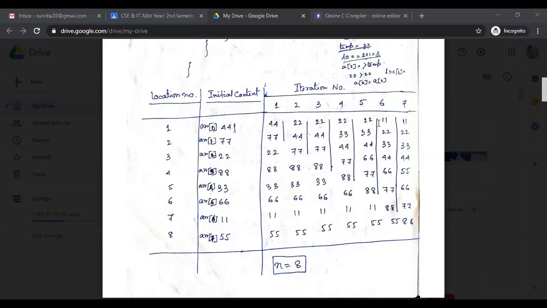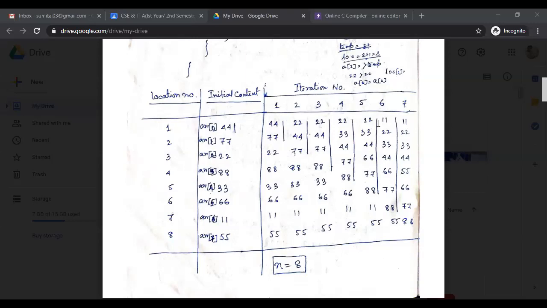What is the meaning of that? Suppose, as in this example, 44 is already in ARR0. It means I inserted 44 before, so before that my array was empty. Now I am inserting one element at a time. The first time, 44 is inserted.